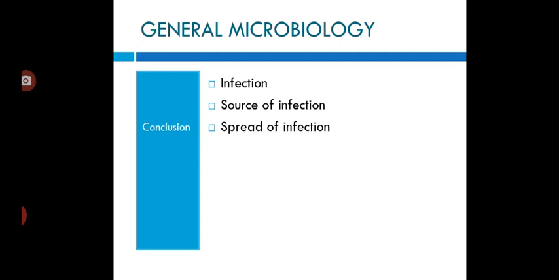And then it can also be transmitted from insects either mechanically or biologically. Mechanically means the insect carries the pathogenic organisms on the surface of its body and then deposits them on the human skin during its blood meal. And biologically means the pathogenic organisms undergo a certain stage of development inside the insect, and then this pathogenic organism gets deposited at the puncture site made by the insect during its blood meal.